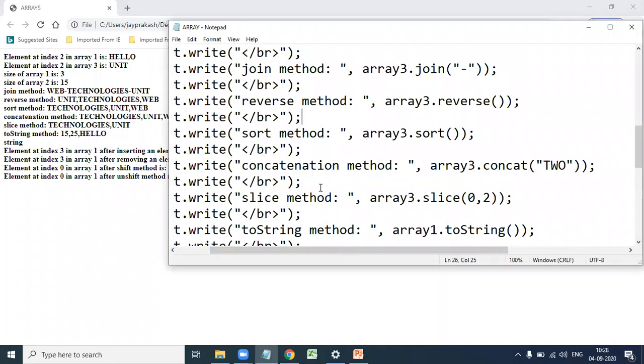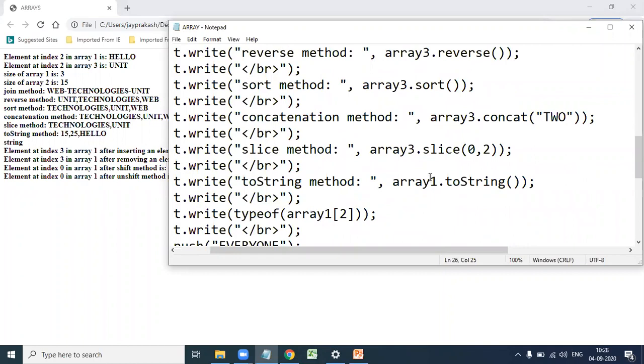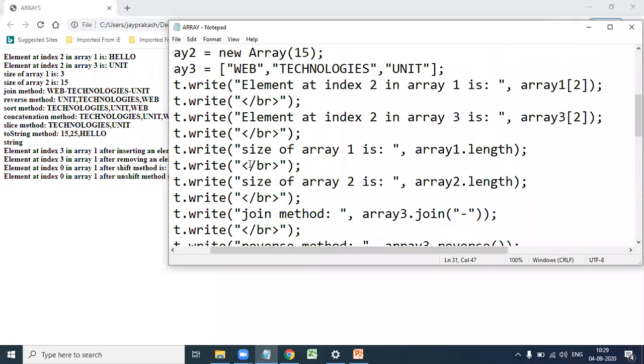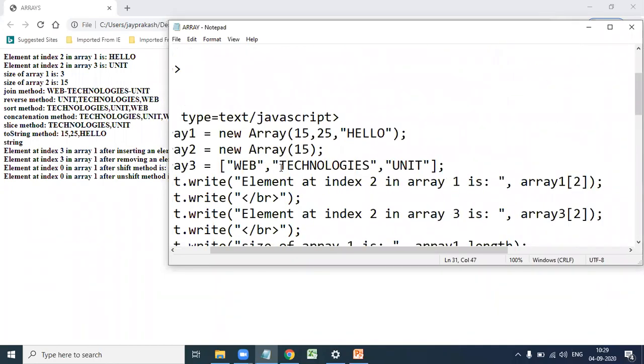Okay, next array3.slice. This one is an important method. The slice method is used to retrieve a subset of elements in the array. This method accepts two parameters: the starting index 0 and the ending index 2.